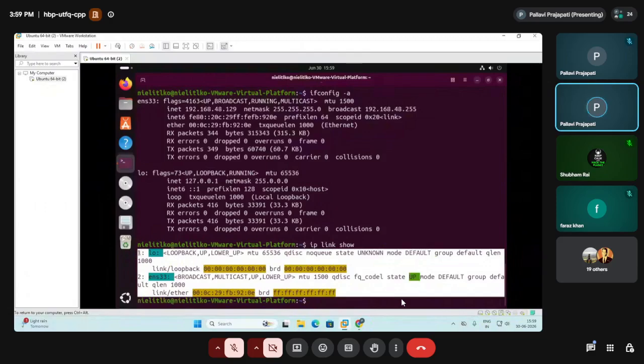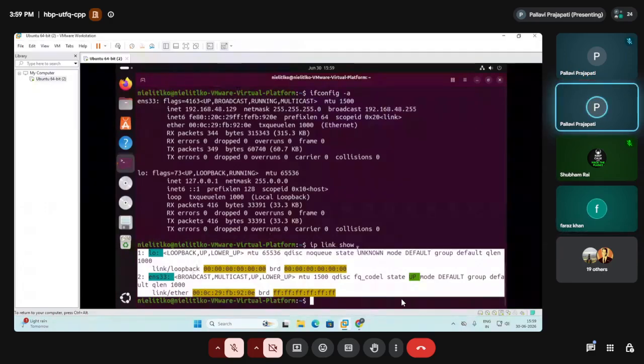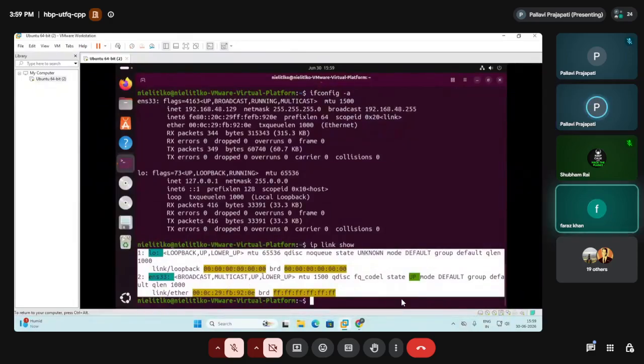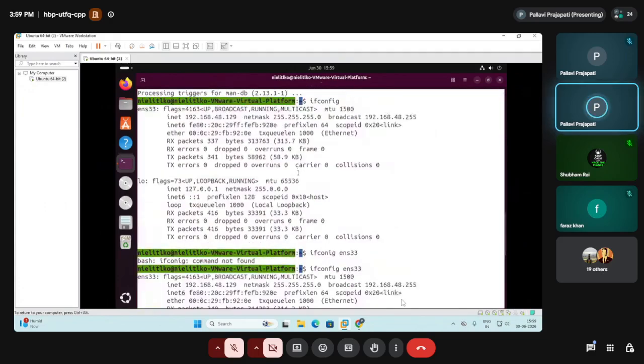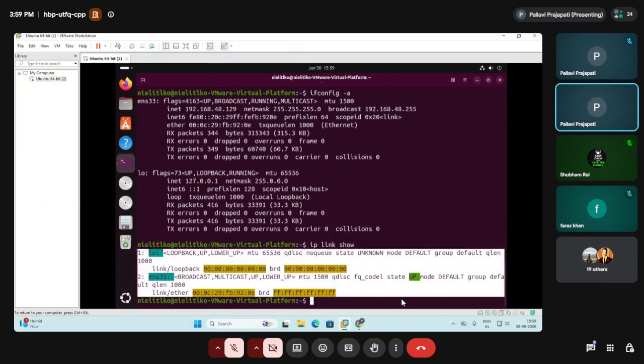Can anyone tell? Which information is it displaying? Loopback address, broadcast, multicast. And how is it different from ifconfig or the address show? What different information is it displaying?